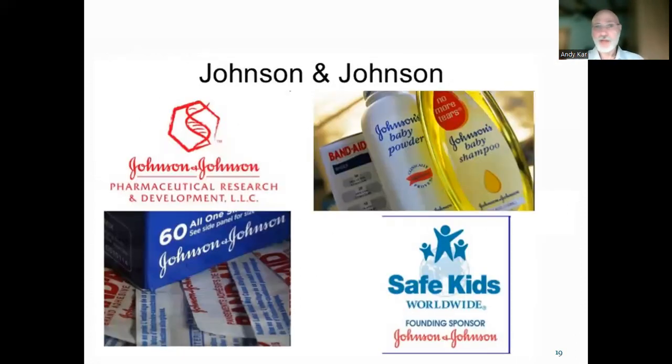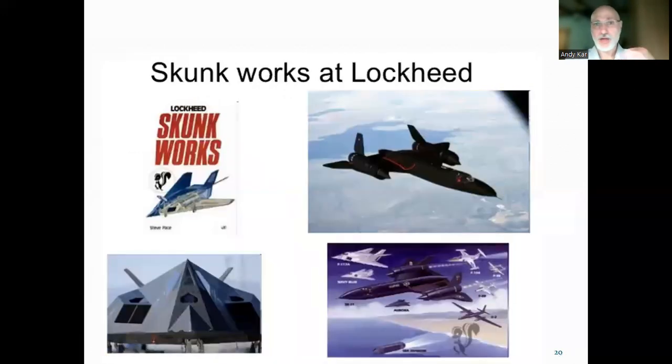Now we have different examples. We can see, for example, here Johnson & Johnson, which is an innovative company, and it's a pharmaceutical company. I think it has a vaccine now for COVID too. I think, yes. It's a company which offers to the society a lot via its products, and this is part of the social innovation that we discussed. Skunk Works at Lockheed.